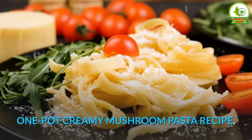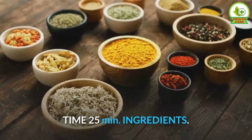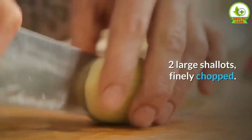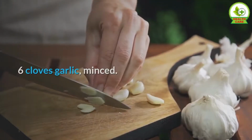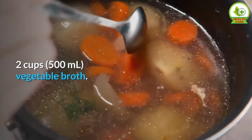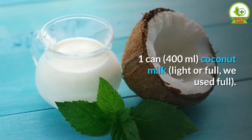One pot creamy mushroom pasta recipe. Time: 25 minutes. Ingredients: 2 teaspoons (10 milliliters) vegetable oil, 2 large shallots, finely chopped, 6 cloves garlic, minced, 1 fresh red chilli, finely minced, 2 cups (500 milliliters) vegetable broth, 1 can (400 milliliters) coconut milk, light or full,